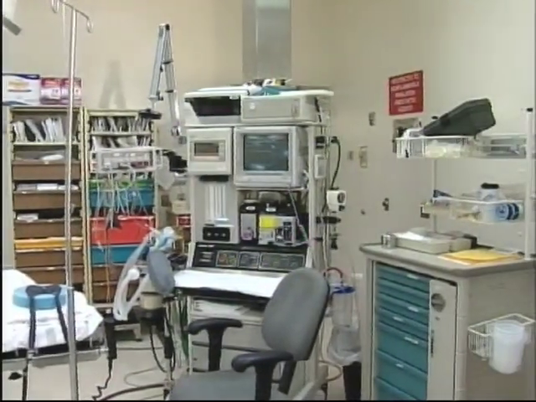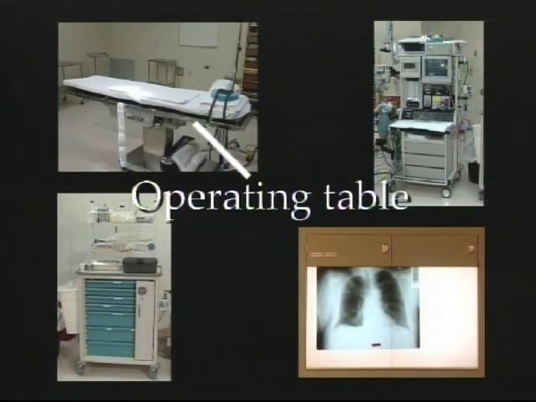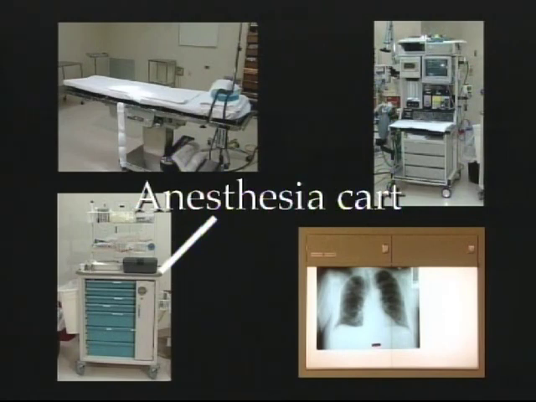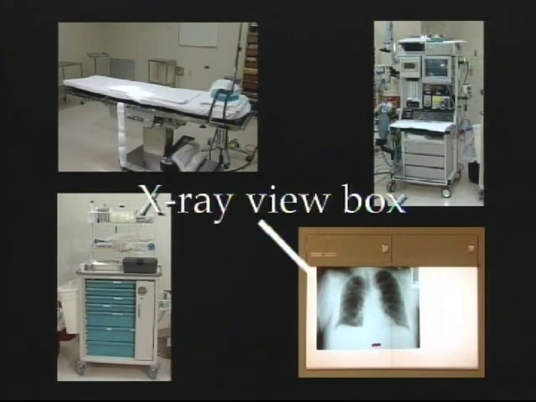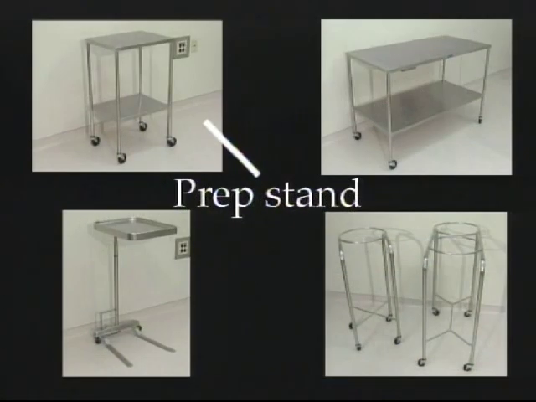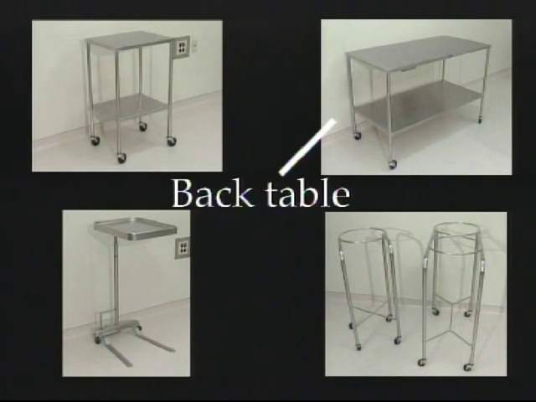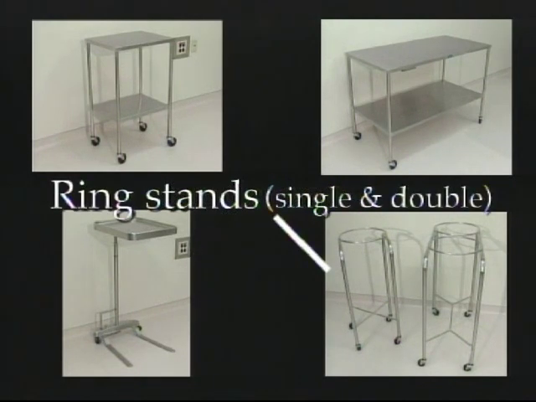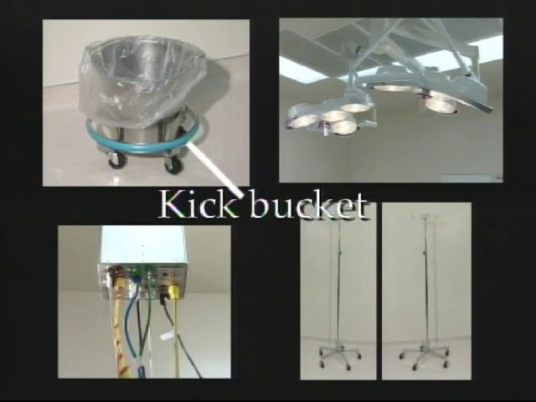Furniture and equipment typically found in the operating room include the operating table, anesthesia machine, anesthesia cart, X-ray view box, prep stand, back table, Mayo stand, ring stands, single and double, kick bucket,